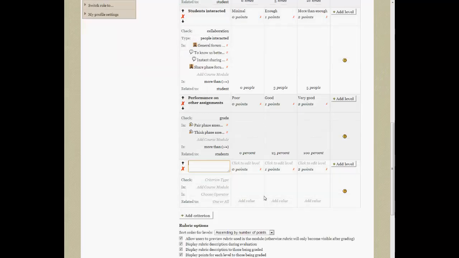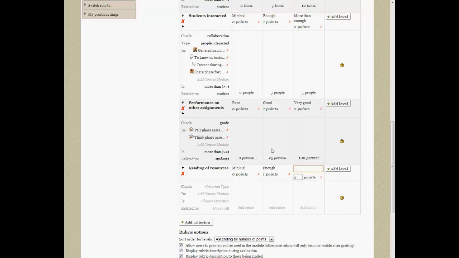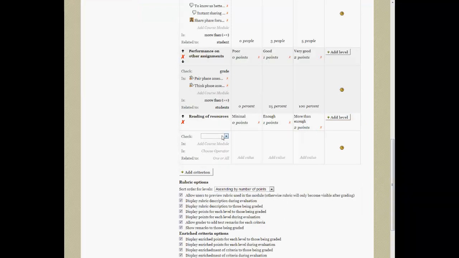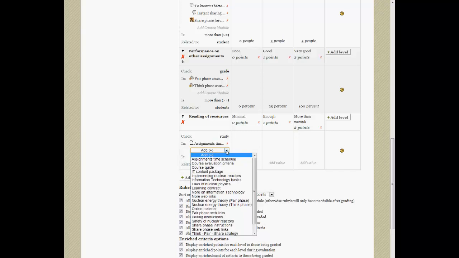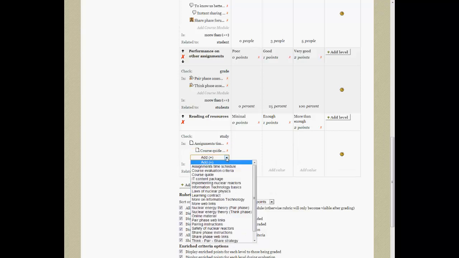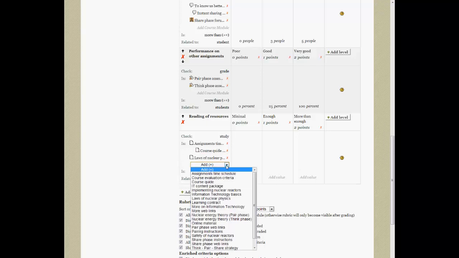Let's add another criterion. We will call it reading of resources. The first level is minimal reading, student gets 0 points. Second level, enough reading, the student gets 1 point, and for more than enough reading, the student gets 2 points. For this, we will check study, and we will check the study for these course resources: assignments time schedule, and course guide, and laws of nuclear physics,